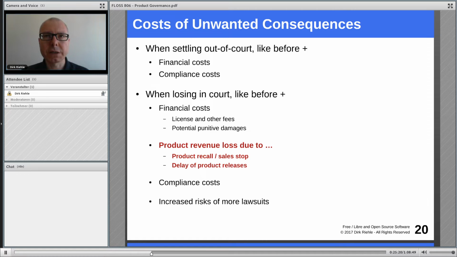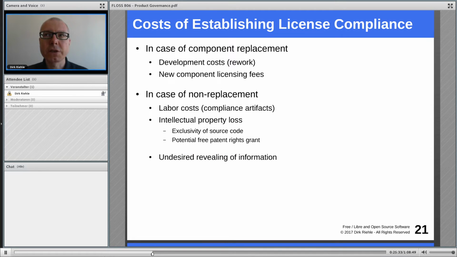So that would mean significant product revenue loss potentially for the software vendor. In addition, there are the usual compliance costs, but also the increased risk of more lawsuits. So in any case, if it's a copyright case, the software vendor now needs to get compliant with the license, and that means having to rework the software in case they are kicking out the unwanted code, or they have